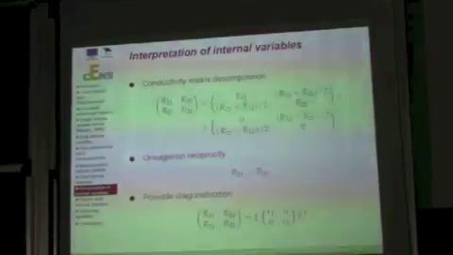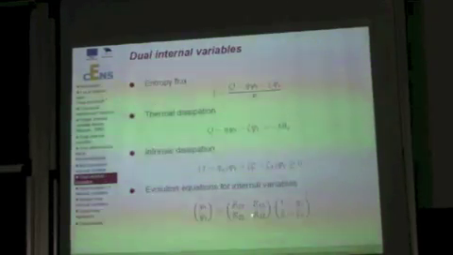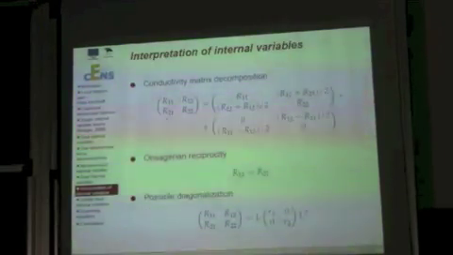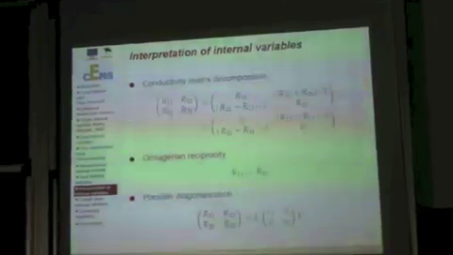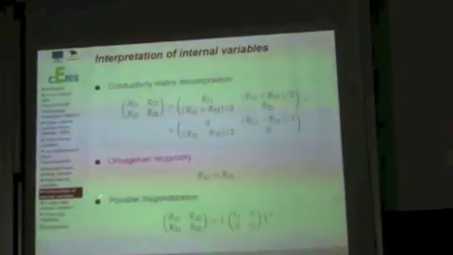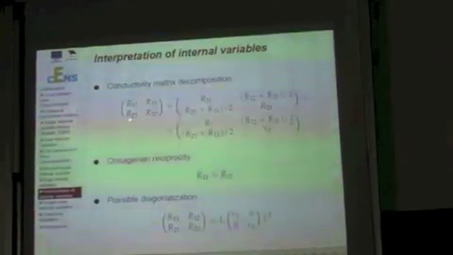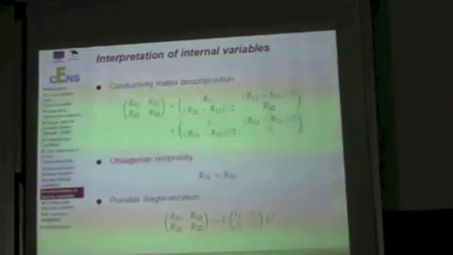So this conductivity matrix can usually be decomposed into symmetric and skew-symmetric parts, and if we apply the Onsagerian reciprocity, where these coefficients are the same,